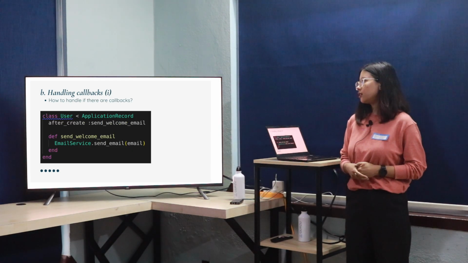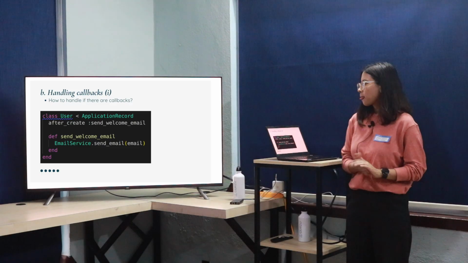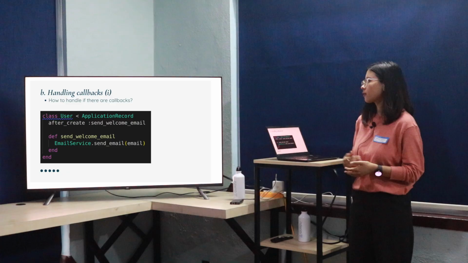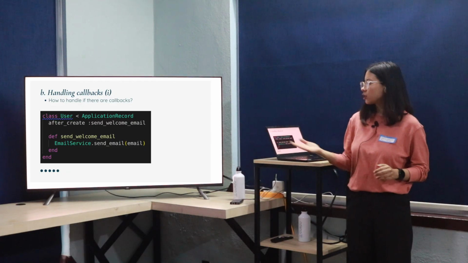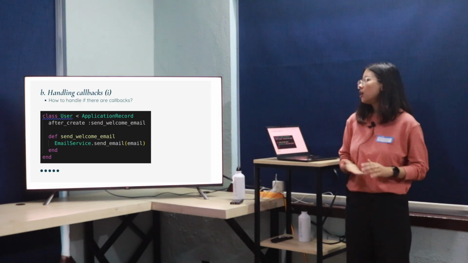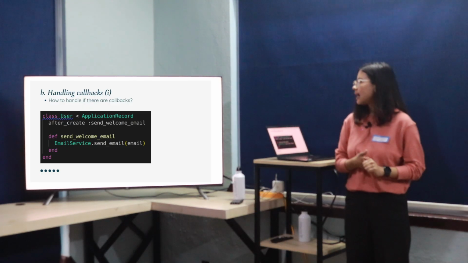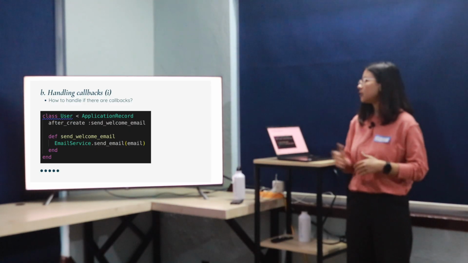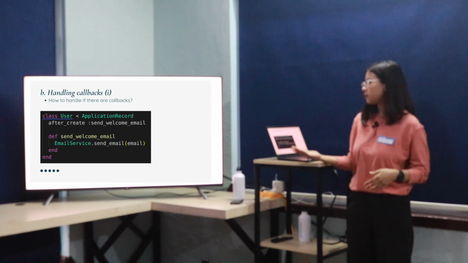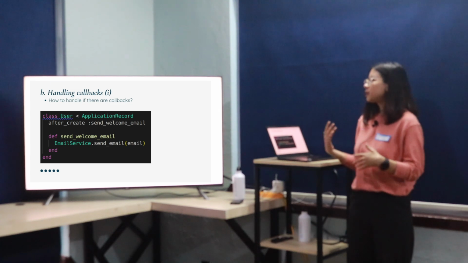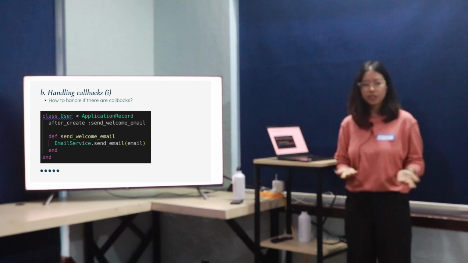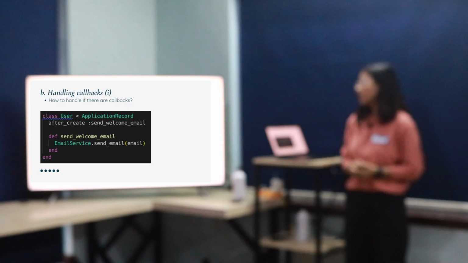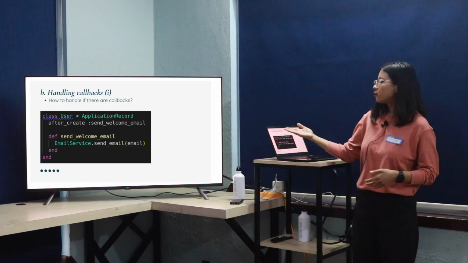Next thing we had to consider was handling callbacks. If the record that you're trying to sync has a callback, for example, if you have a user model and you're trying to sync a user to the production environment and it has a callback send welcome email, then if we sync new users in the production environment, it will send a welcome email to that user, right? But the user is already created in the staging environment and we have already sent the email, so sending the email would be an unnecessary notification to the user. To avoid this,